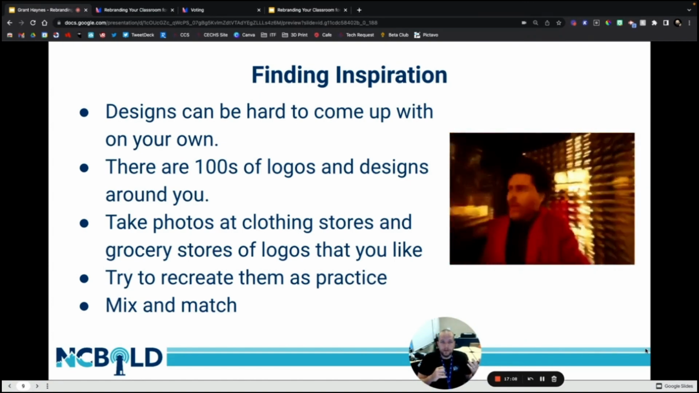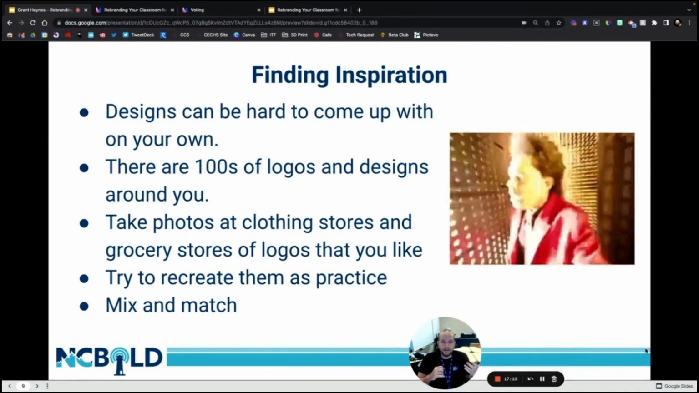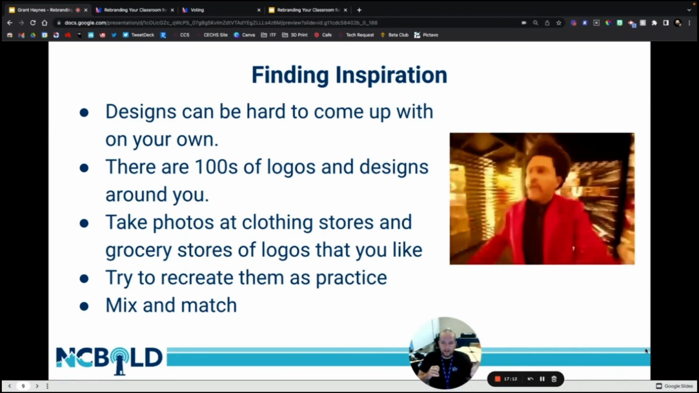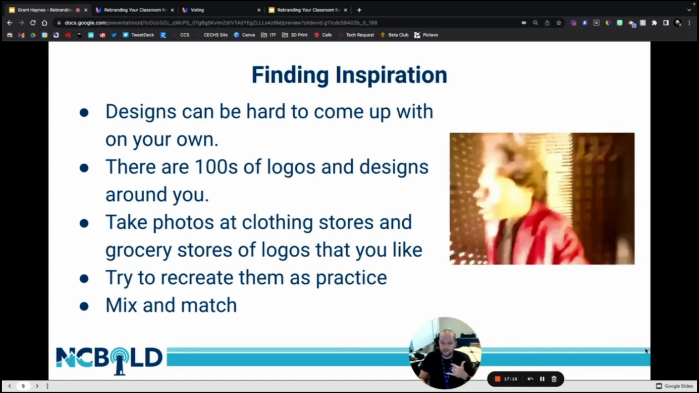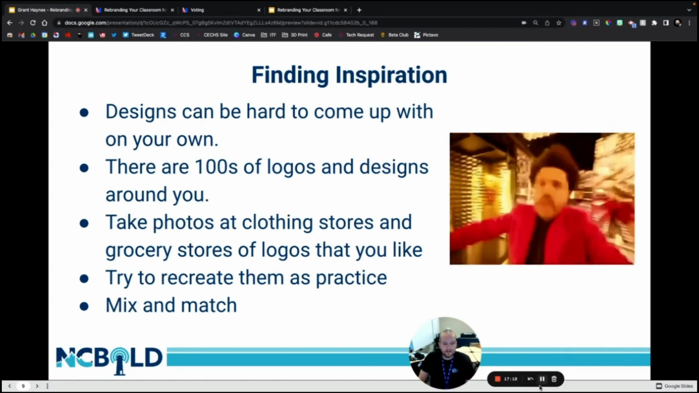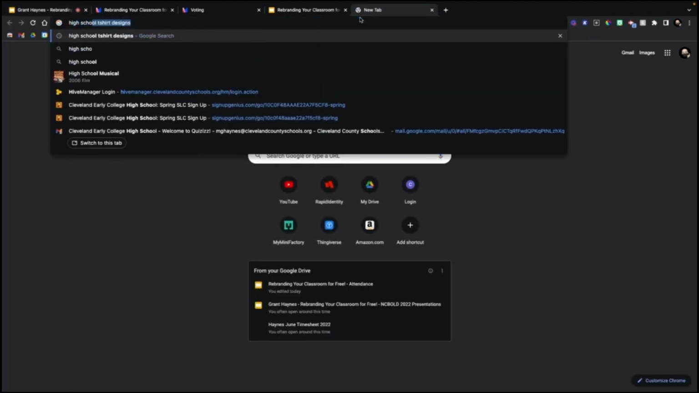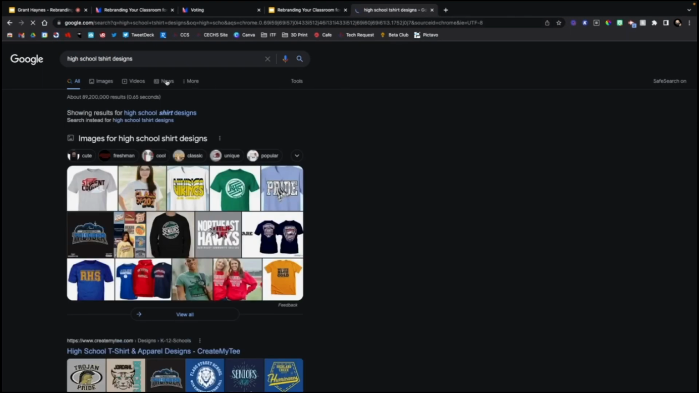For example, we always try to make a senior T-shirt every year. And so every year I'll look at high school T-shirt designs. In fact, let me just take a look at one real quick. So let's say we just search high school T-shirt designs. And so we look at these,